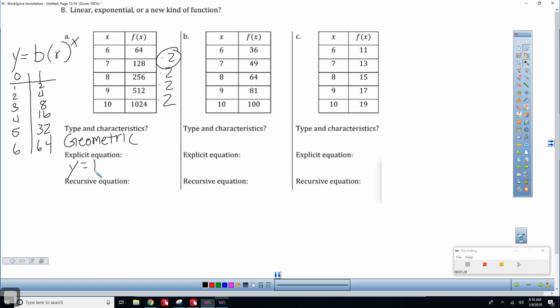1 times 2 to the x power. What's 2 to the 6th power? 64. What's 2 to the 7th power? 128. So it works. The recursive equation, f of 6,